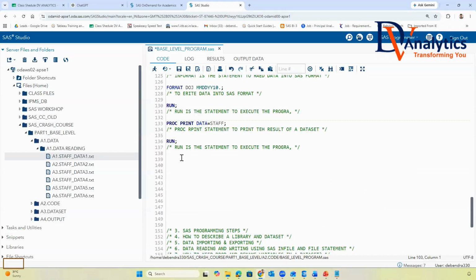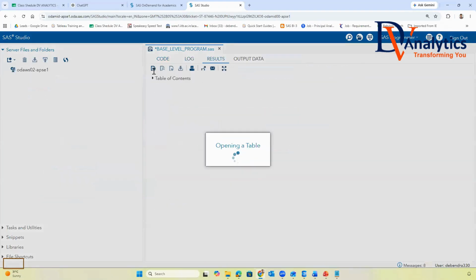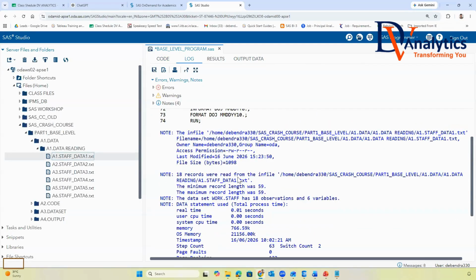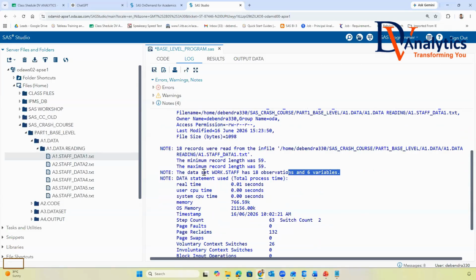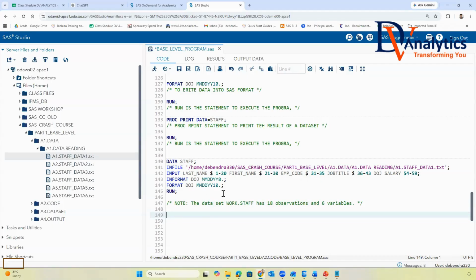Right. Now what happens when we run this program? In the log window, it says that your data set has gone to what? Work library. The data set work.staff.